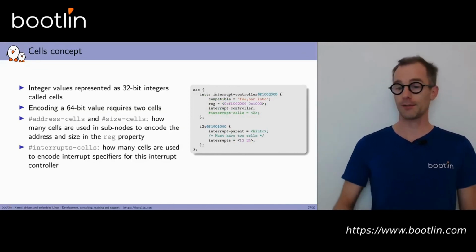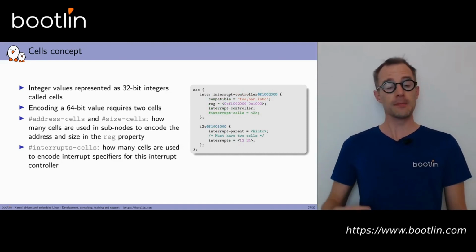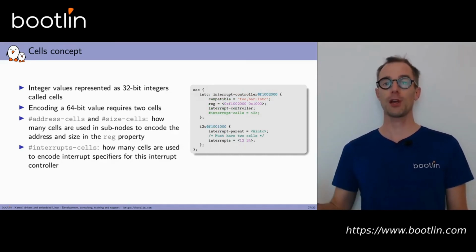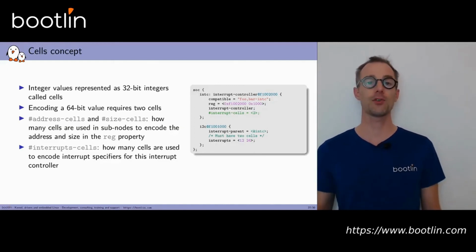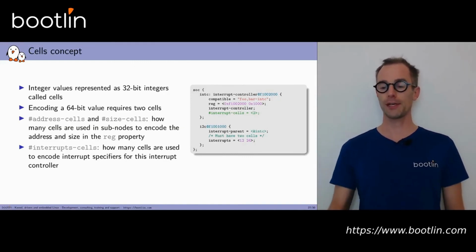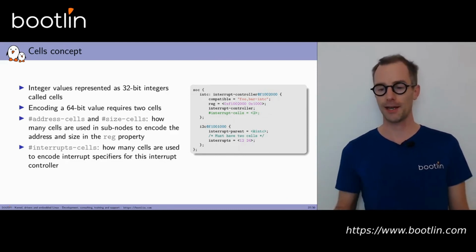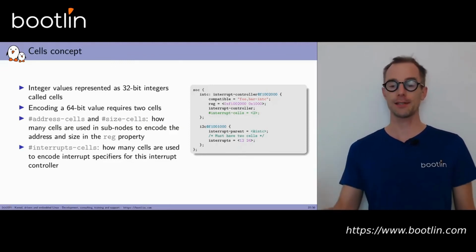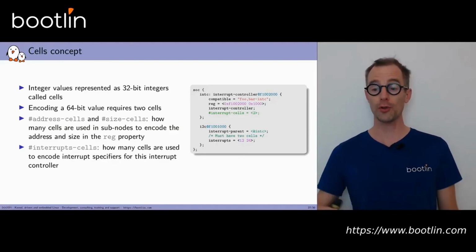This concept of cells applies to other things as well. For example, #interrupt-cells is a property that is defined by a node in the device tree describing an interrupt controller. So in the example here, the first node in C describes an interrupt controller in your system on chip. And it says #interrupt-cells equal to 2, which means that any device, such as the I2C controller described below, which says my interrupt